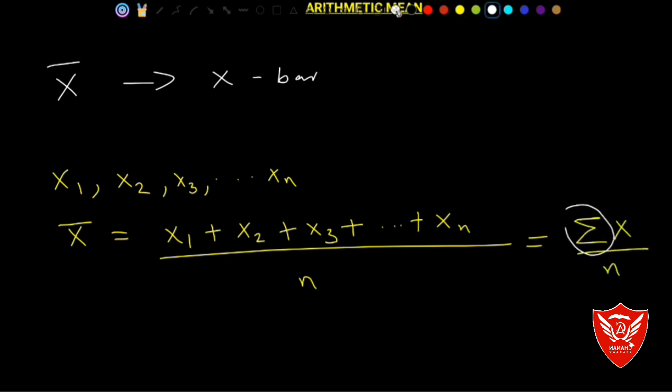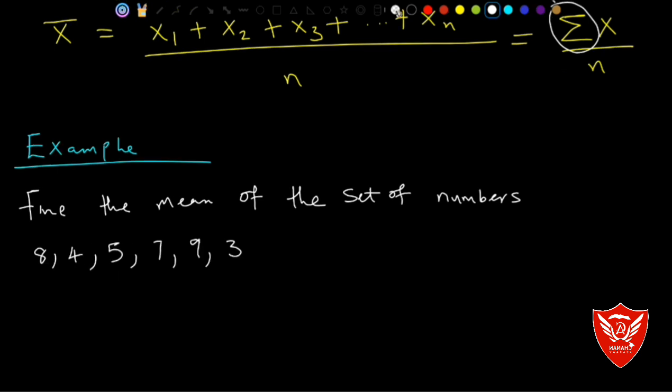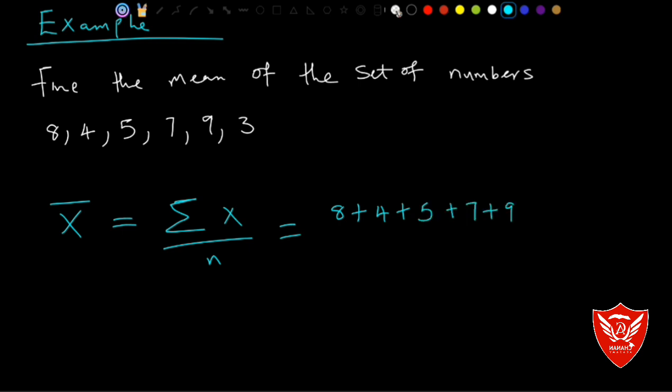Now this symbol is known as summation. Let's take an example to explain this. Suppose we are given this set of numbers to find the mean. So what we are going to do, looking for the mean, which is x bar, is going to be the summation of all the numbers over n. All right, so this is now equal to, say, 8 plus 4 plus 5 plus 7 plus 9